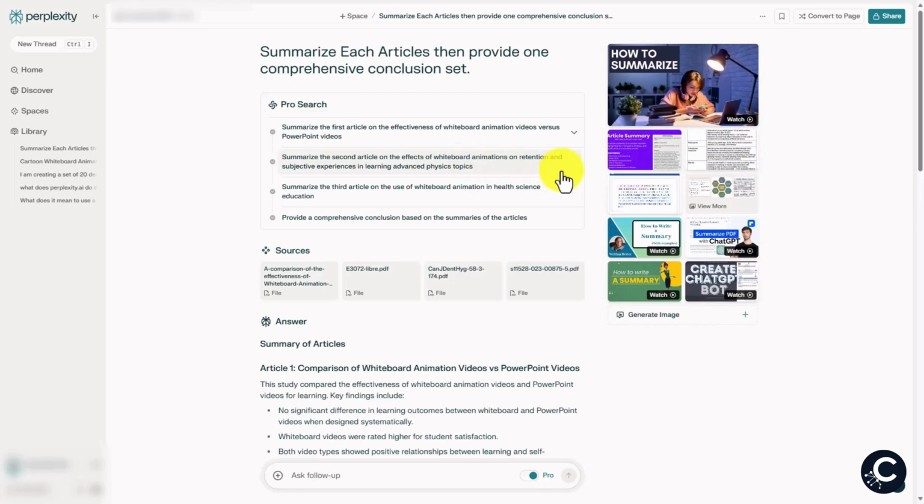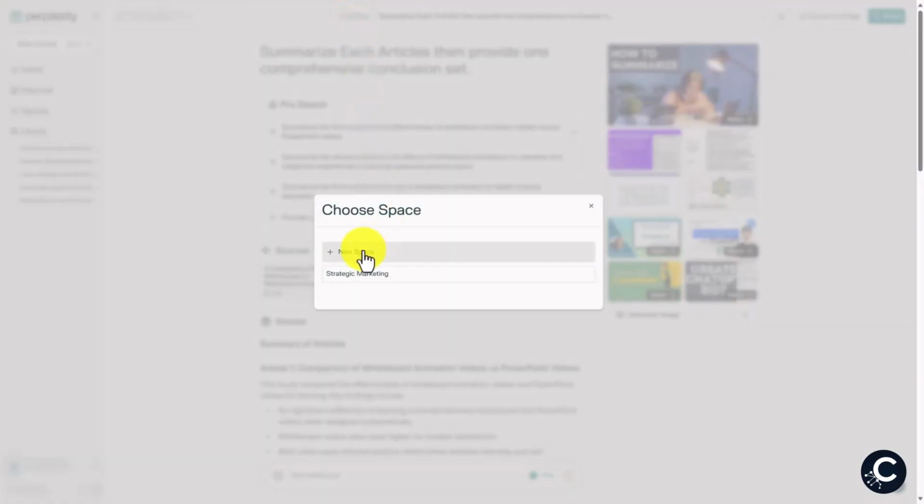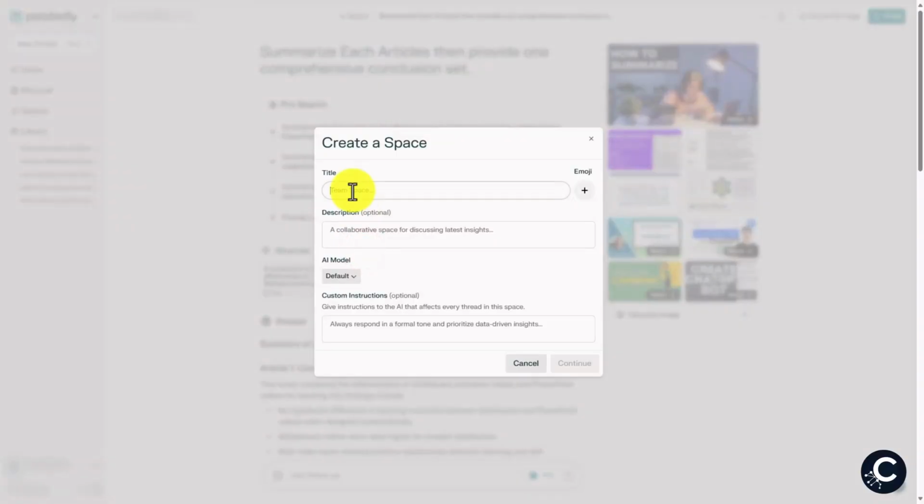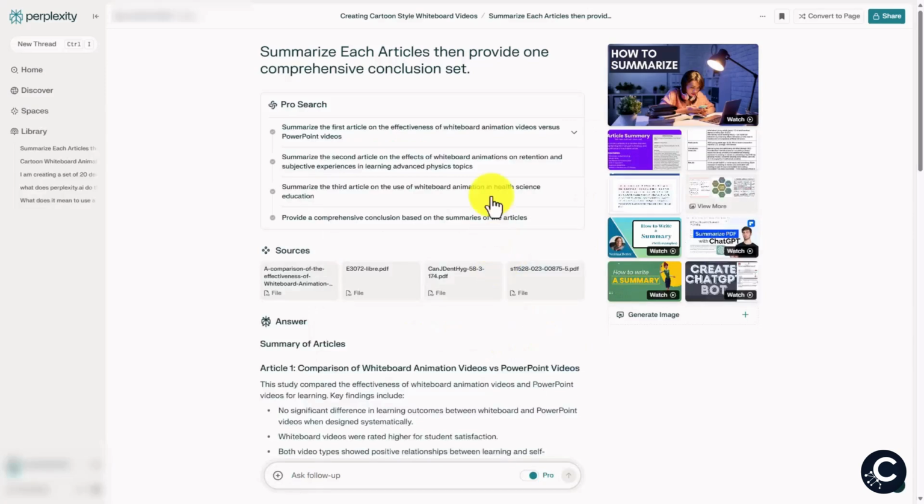in this area. What we can also do is add all of this content to a specific space. We can click on space, we can create a new space, and we can give the space a name and a description. Because we have the Pro version, we can choose a default AI model, and we can give the space custom instructions. Now, this will not apply to the content that we have already generated. It will apply to new content that we will generate in that space once we have already set it up. When we click continue, the content then will be added to a specific space, and it will be the first